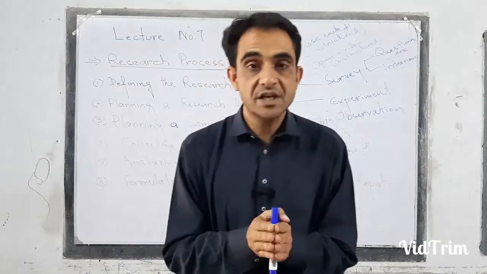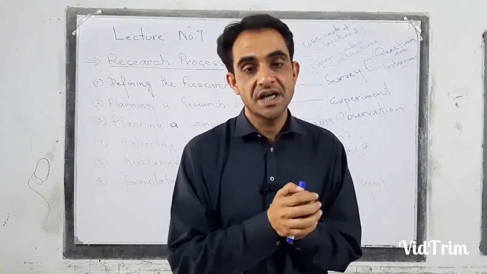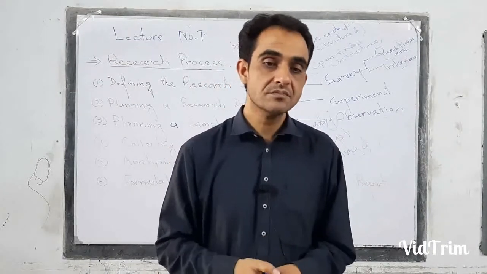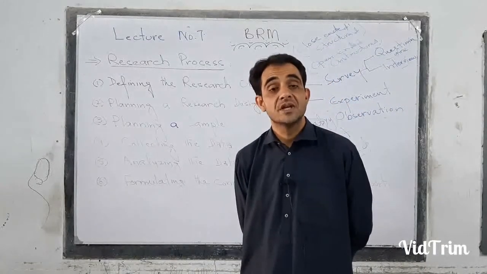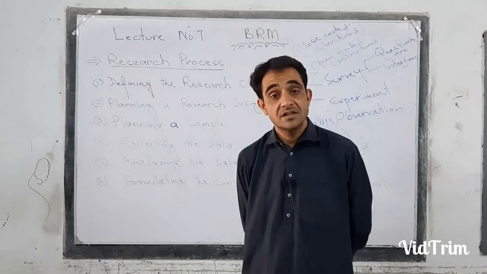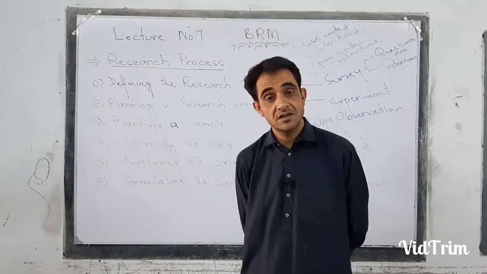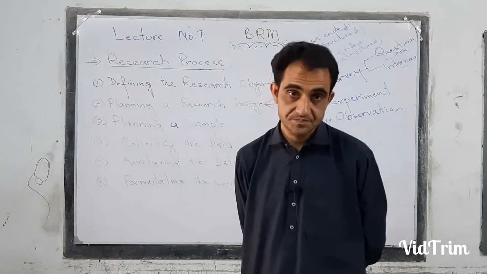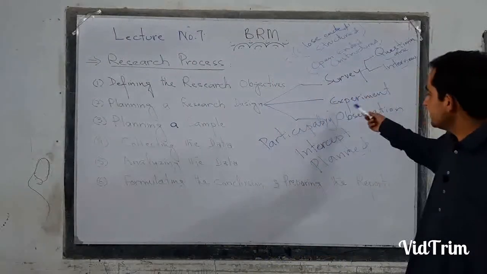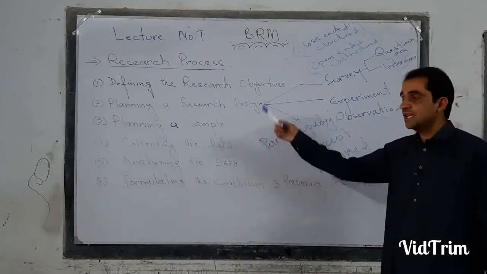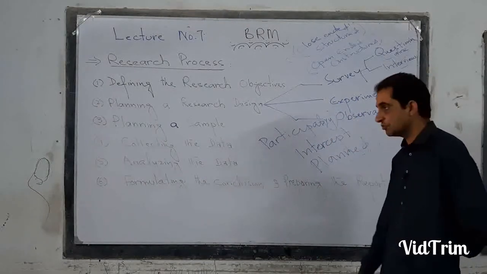So in participatory observation, what is there? That the researcher is involved in the activity by himself with the respondent. That is called participatory observation. In non-participatory observation, the researcher is not involved with the respondents over there. That is called non-participatory observation. So whether it is survey, experiment, or observation, combinedly we are calling it research designs. We are selecting one of them to decide how to collect the data from your respondent.